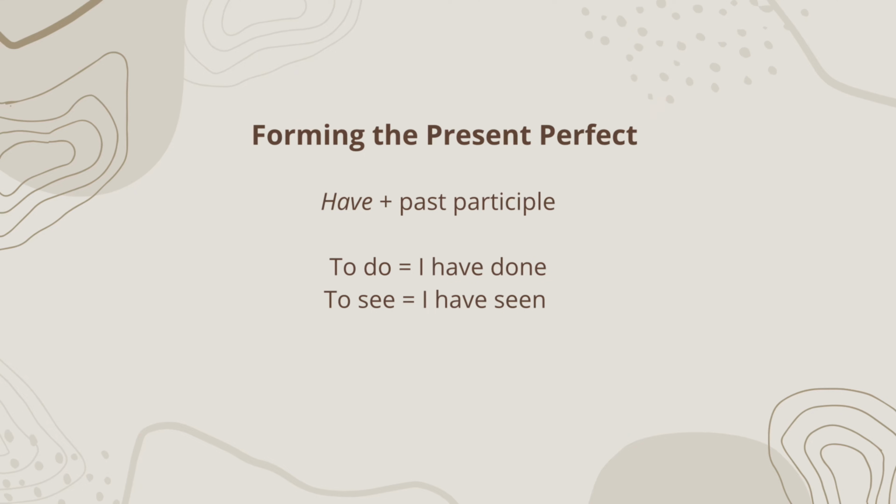Now let's conjugate the verb to see. The past participle of to see is seen. We would say, I have seen. You have seen. He, she, it has seen. So you can see it's actually quite simple to form the present perfect. Now, we've talked about how to form the past simple and present perfect, but before we talk about how to